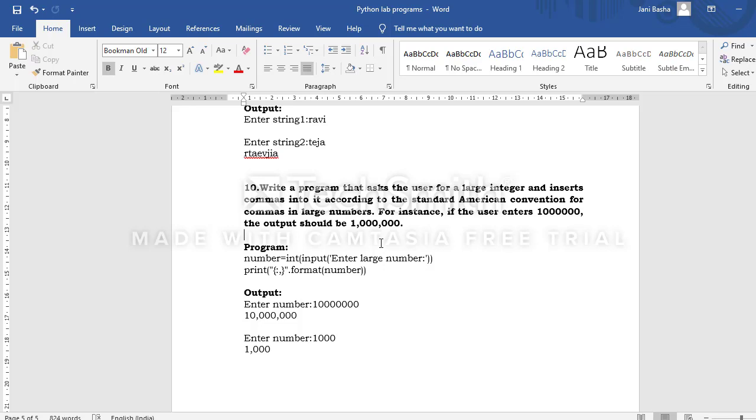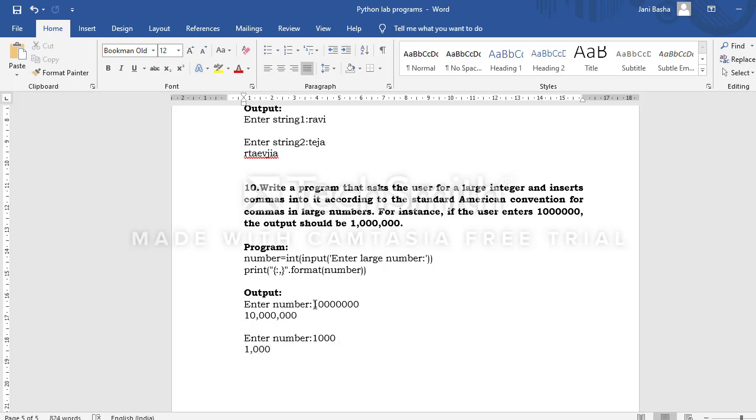Generally, the program's understanding is that for every 3 consecutive numbers you should get a comma. We should get a comma after every thousands place. So when you enter 1000, you will get a comma after 1, then after 3 zeros.